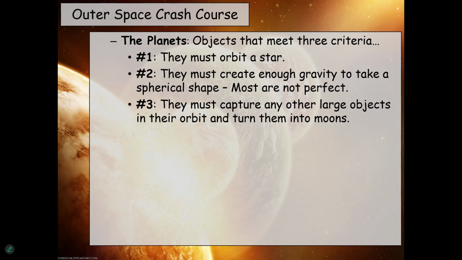And so, because it is just not quite round enough, and because it definitely has not cleared its orbit, has not captured anything with its gravity, it just doesn't meet those two criteria, and so it got demoted. There's two terms I've heard applied to Pluto. I think the one that's currently more accepted now is dwarf planet.